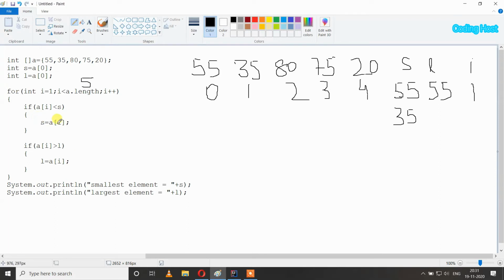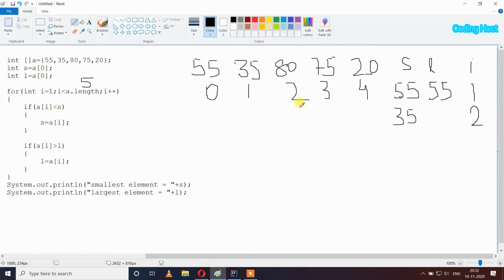element. So in this if statement we are checking the smallest element, and in this if statement we are checking the largest element. So we don't have to take two separate for loops, and it will decrease the lines in the program. After that I plus plus, so I will become 2, and here it will again check that I is less than a dot length, so 2 is less than 5, so our condition is true, and we again get inside our loop, and here it will check that if a of I is smaller than s.